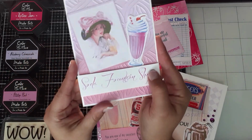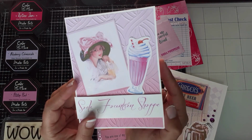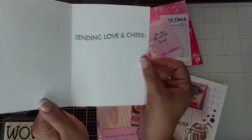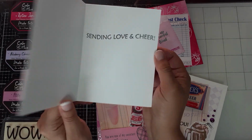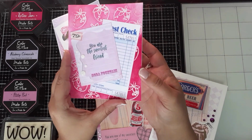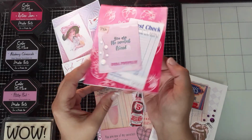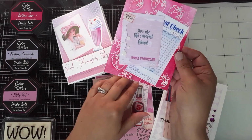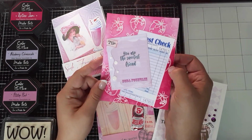Here is the first card we made, the soda fountain shop. Simple with that embossing folder, and then inside are sending love and cheer. Then the second card, you are the sweetest friend. I left the inside blank to add a sentiment later. It can be a thank you card, birthday card, whatever you want. But you see that